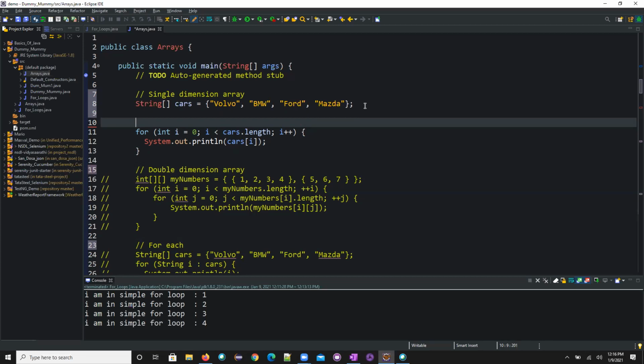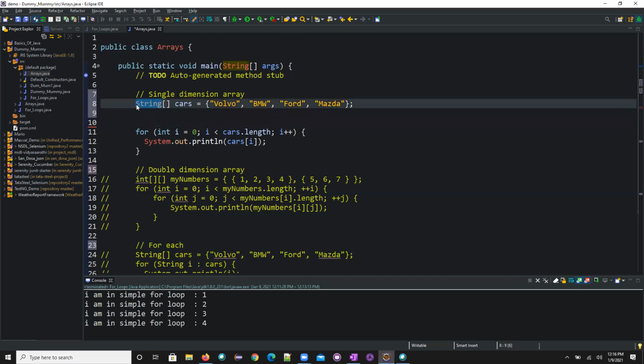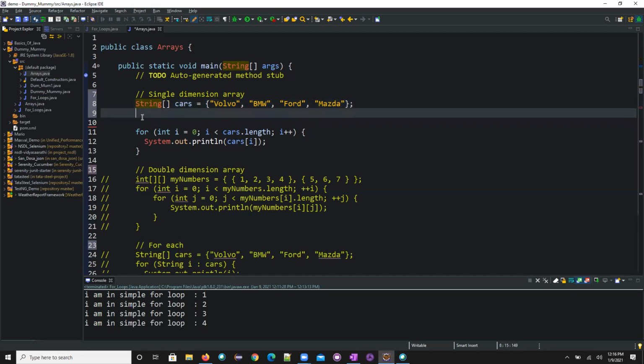Now arrays are also similar. We will have a group of similar kinds of things. Now we have different data types, right? So first we mention the data type here: string, integer, float, or double. Whatever data type we want to define, we define it first. Here, this is the data type I want to define. After that, the square brackets say that this is an array.